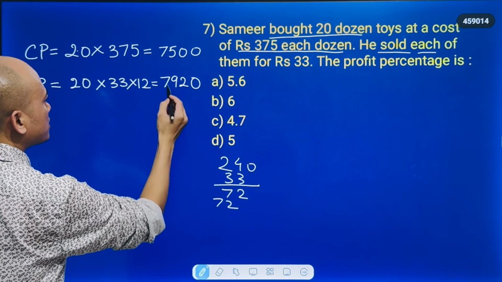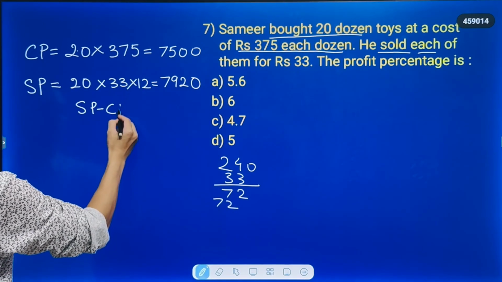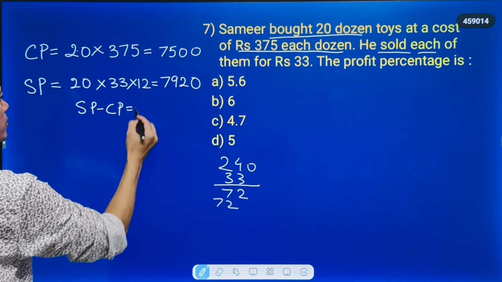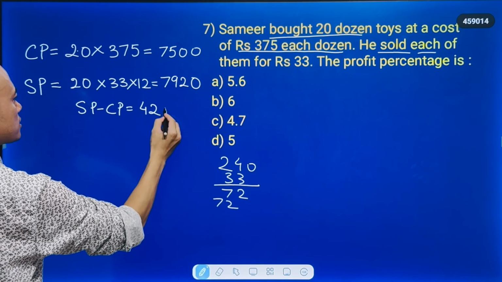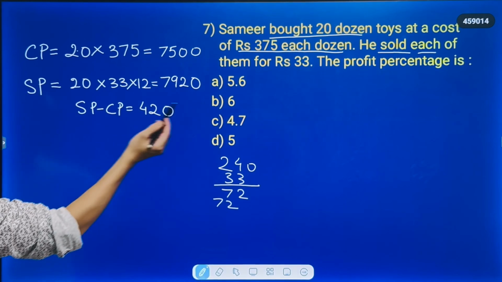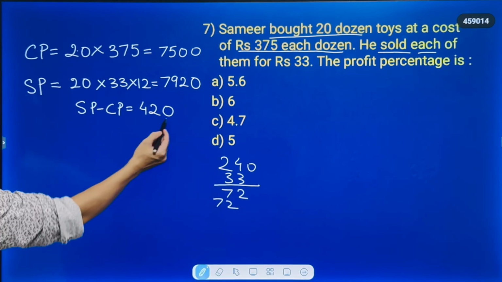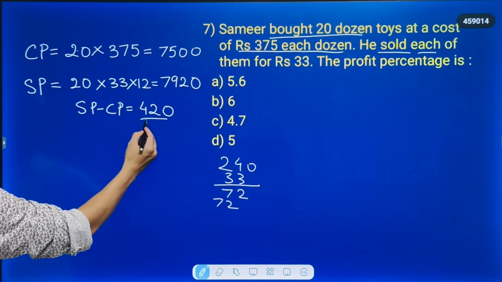SP minus CP, this minus this, 7920 minus 7500, that is 420. Now we have to find profit percent. Everyone knows profit percent means profit by CP. This is the profit, 420 is the profit